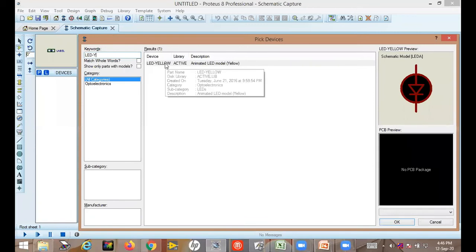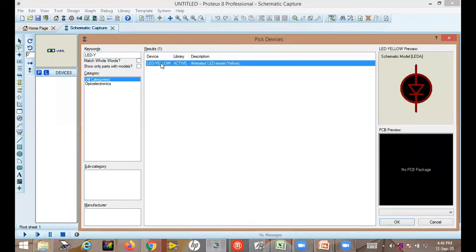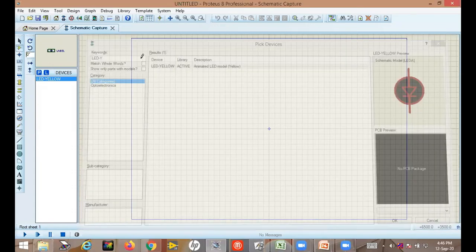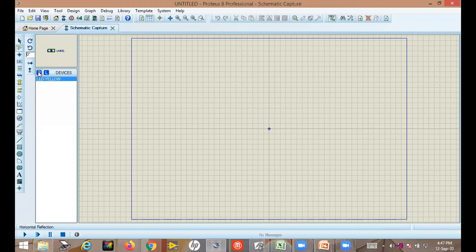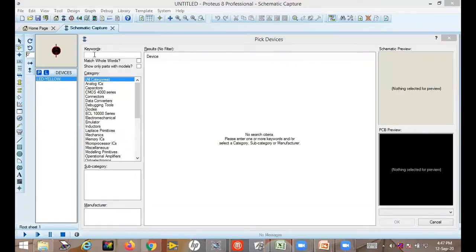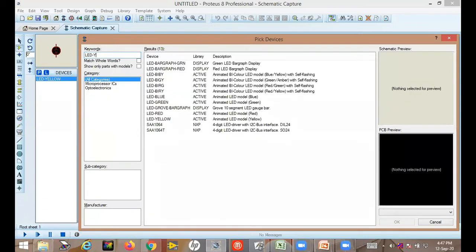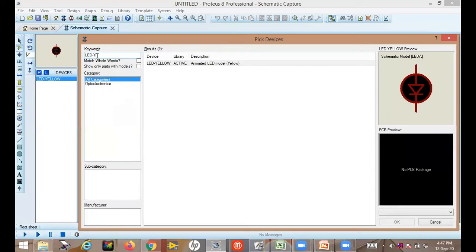And how to select this component? Now just double click on this component, double click, okay, and see, this component has appeared in the list. Okay, so see everyone how to select a component. Again I am repeating, what you have to do is go to the component mode, then click on P. Click on this, then go to P, then type the component you need. I need one LED, so I will type LED, and for the color, hyphen and the color. So say I want yellow, then I will type hyphen Y.